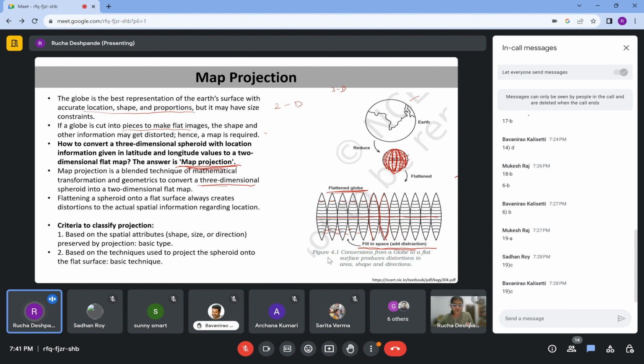location. So, we talked about this, that when we are converting 3D into 2D, there will be distortions in shape or size or directional relationships between different objects. So, there will be distortions here. The objects in the polar region will look bigger than what they are, depending on different types of projections